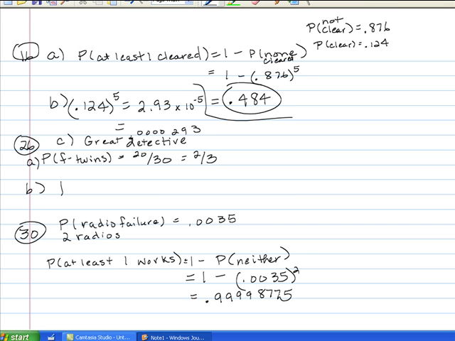So if we use our round off rule, notice what happened. If we use our round off rule, we'd round it to 1. Now, why does the usual rounding rule of 3 significant digits not work here? Okay, the problem with using the rounding rule here is that we're going to get a 1, which is certain that at least 1 will work. However, there's no guarantee